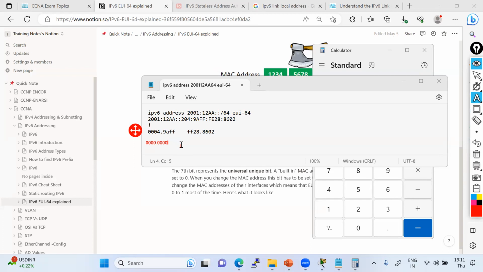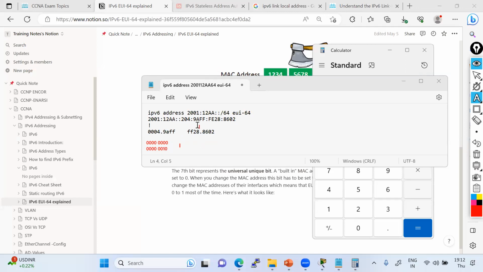If I make the 7th bit a 1, so here is going to be the 7th bit. First all 0, then 6, 7, and 0. It's a 1, and 0. So now we have this number. If we convert this into decimal, we'll get these values, right?